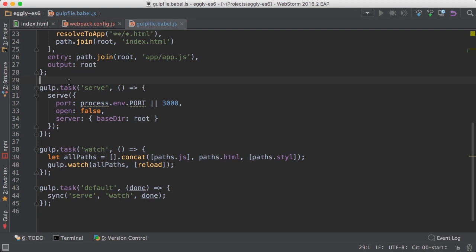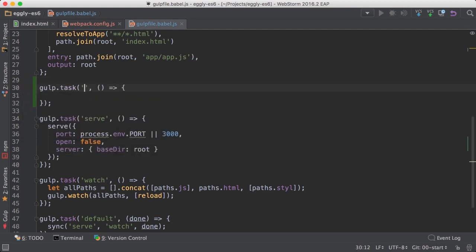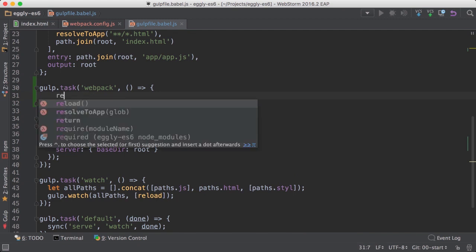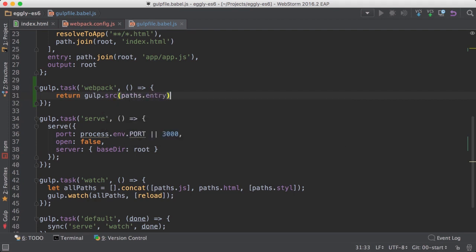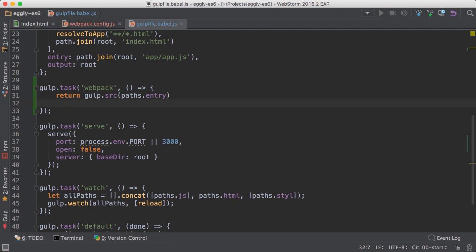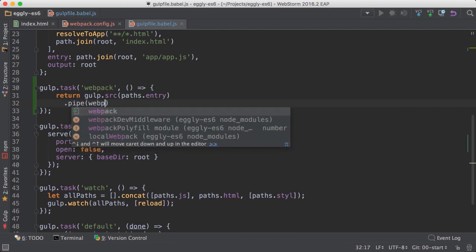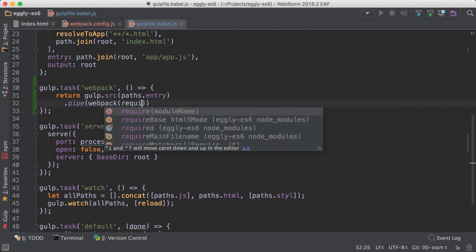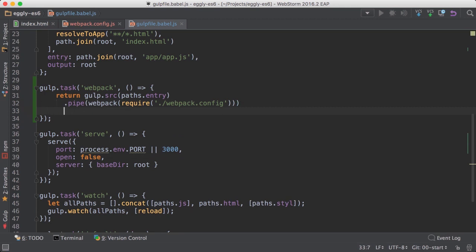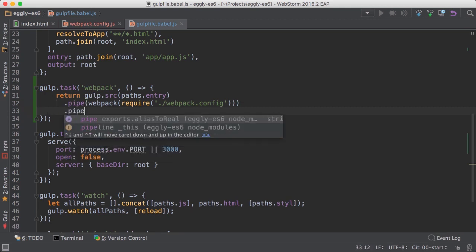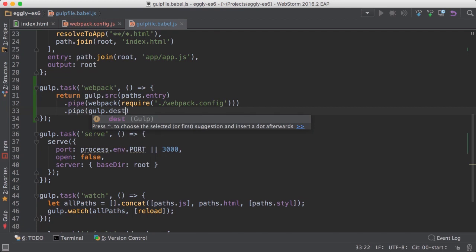Now let's create a new Webpack task, and we're going to return a new stream that's going to start at our entry point. So we'll pass in path.entry, and we'll take all of the files from that entry point, and we're going to pass them to Webpack with our Webpack configuration file we just created to be processed. And then we'll take the output of that, which is just a bundle.js file, and we're going to send that